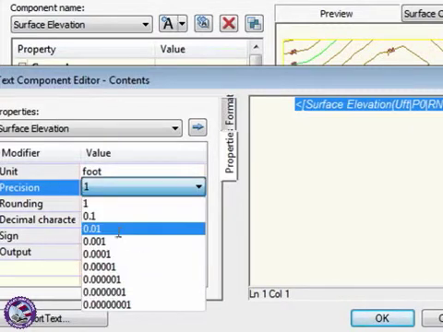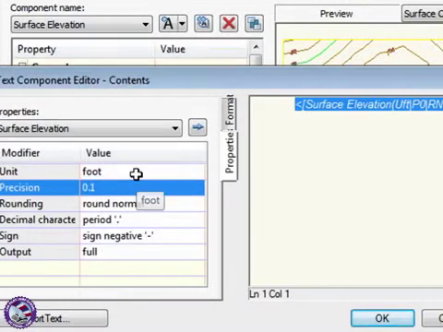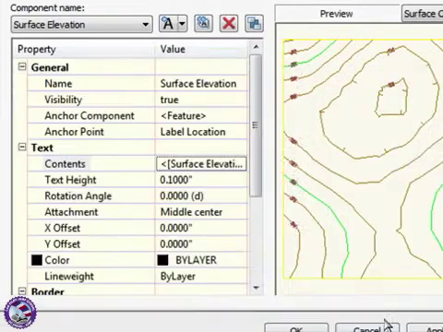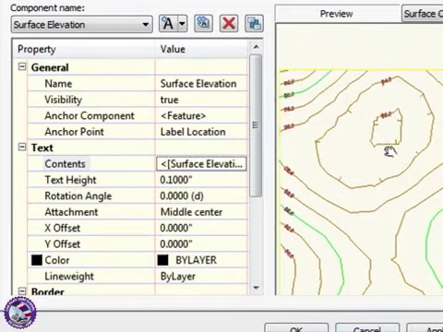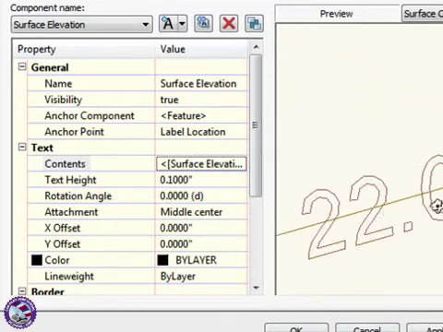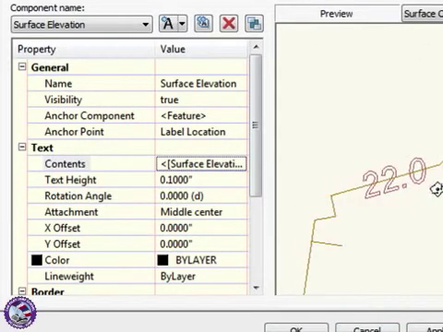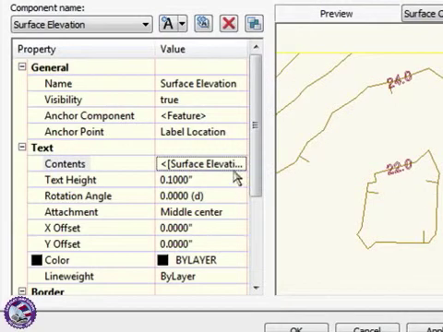And if I want precision to the nearest tenth on my contours, I select the precision value I want and pump it over here, and one of the codes will now change from P0 to P1. And say OK. And if I look here, I now have contours to the nearest tenth, which is not what I want. So then I'd hit apply here, and if I wanted to change it,